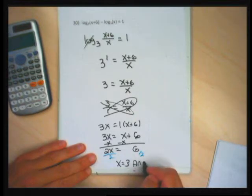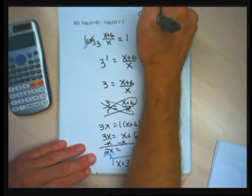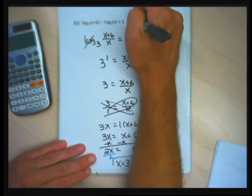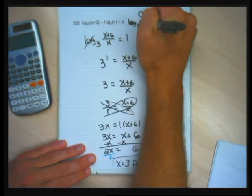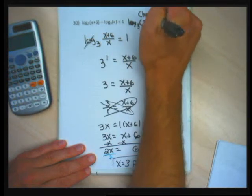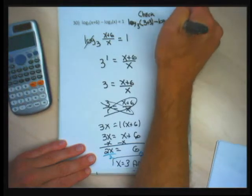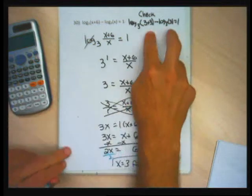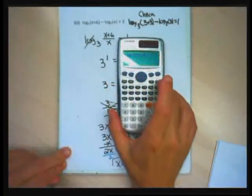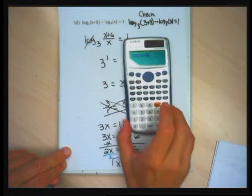Should absolutely check. It's not that hard to check. So before I commit to writing an answer, I'm going to check. And for my checking, I go to the beginning. I'm going to go, is the log base 3 of 3 plus 3 minus the log base 3 of 3, does that equal 1? So I'm going to enter this on my calculator. Hopefully it kicks back a 1 to me. So log base 3 of 3 plus 3